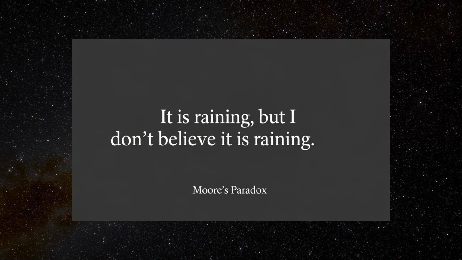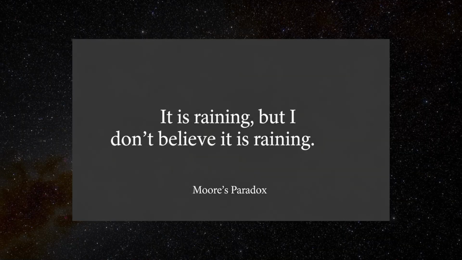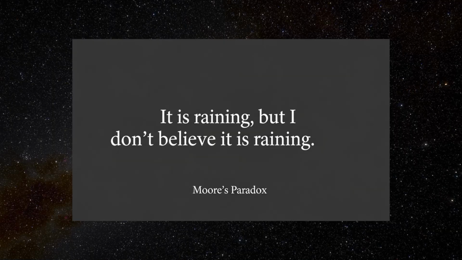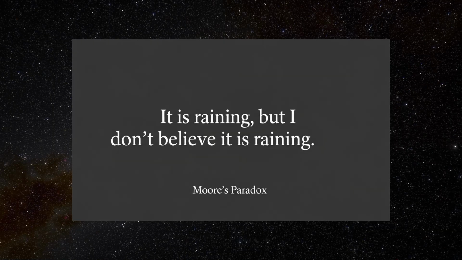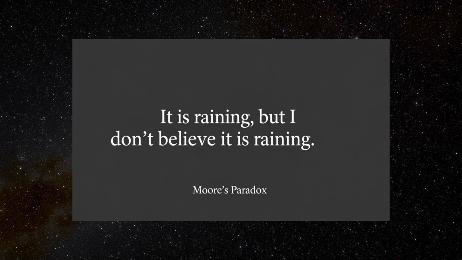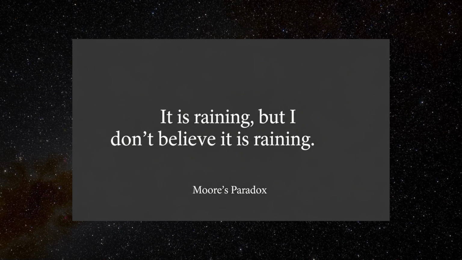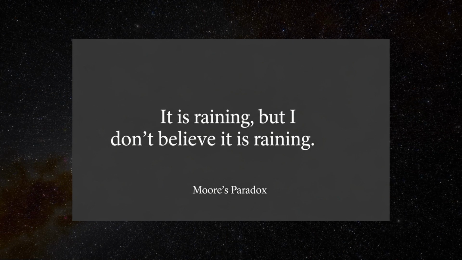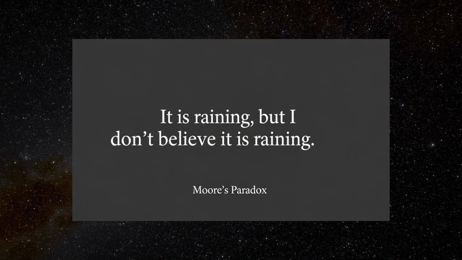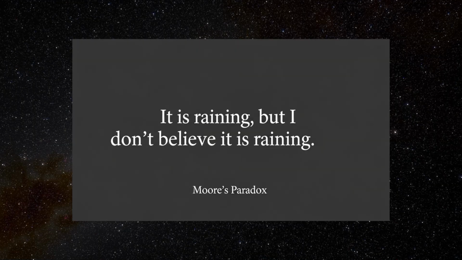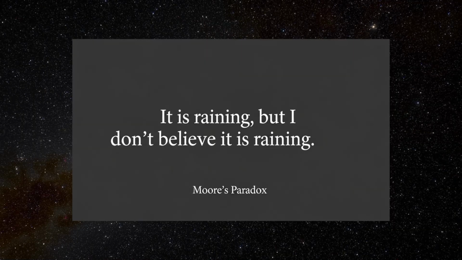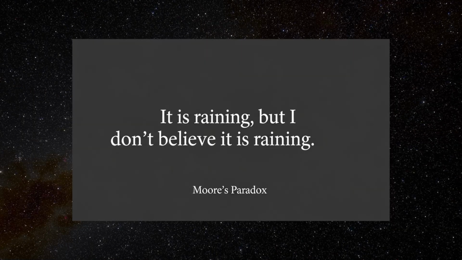"She is guilty, but I don't believe she is." "I went to the party, but I don't believe I did." All of these are examples of what philosophers call Moorean sentences. The paradox becomes even sharper when we consider the first-person case in terms of belief. "It's raining, but I don't believe that it's raining," is essentially saying, "I believe that it's raining, but I don't believe that it's raining," which collapses into a kind of epistemic self-contradiction. One cannot coherently believe both parts of the sentence at the same time, even if they are not logically contradictory.